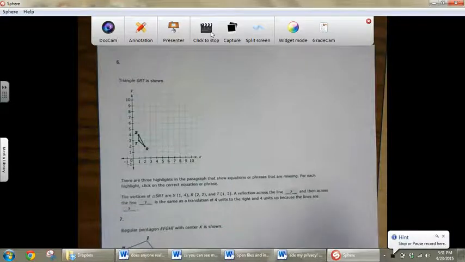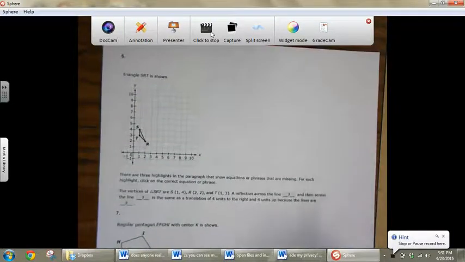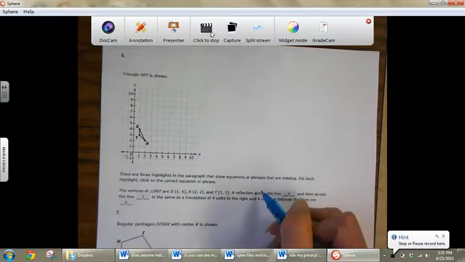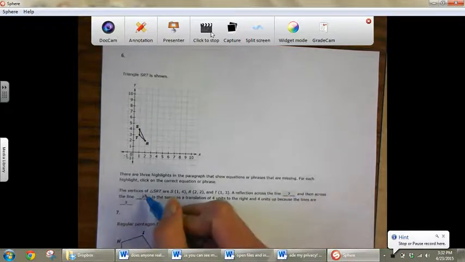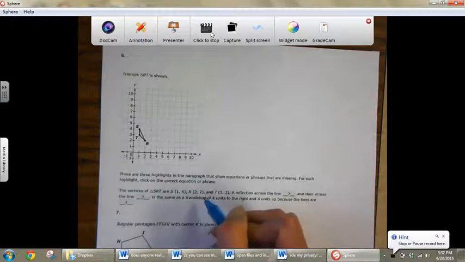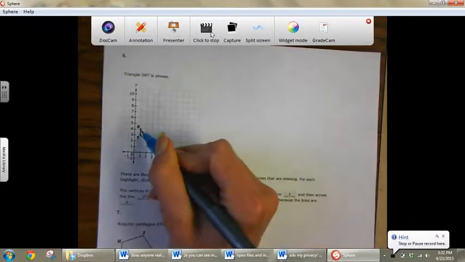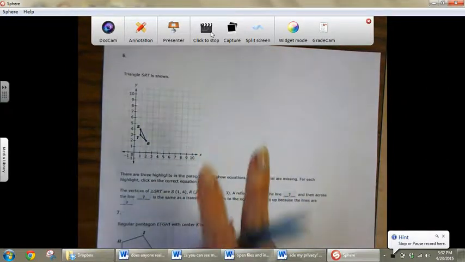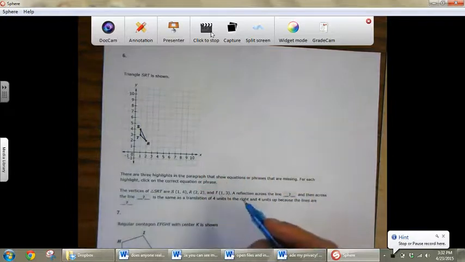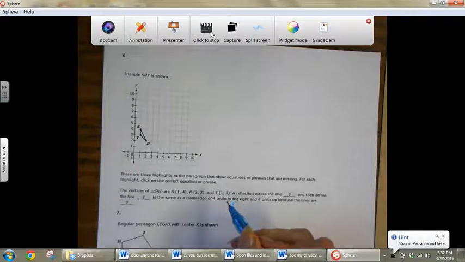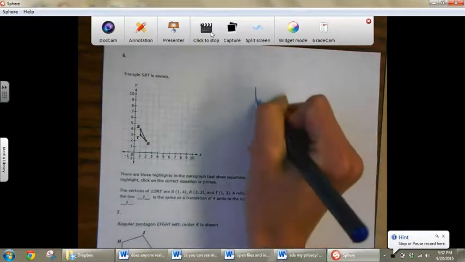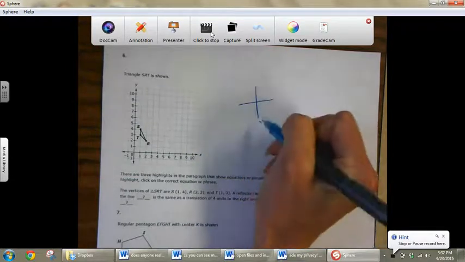Right, so for this one, they're asking us to figure out the reflection. I guess there were two reflections that resulted in a new shape from this one, and it was reflected twice. So if you remember in class, we talked about two different types of reflections. If we do a double reflection across perpendicular lines, so imagine if you had two lines that were perpendicular, and